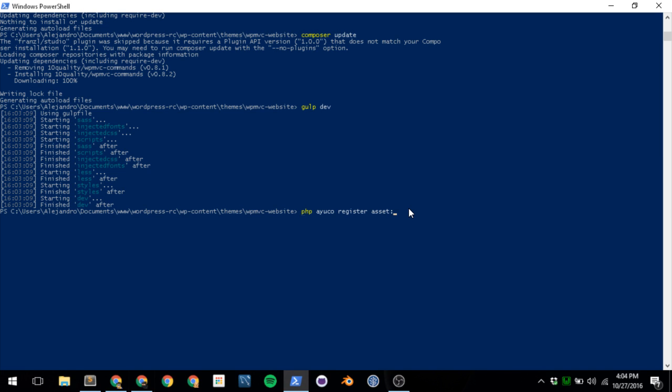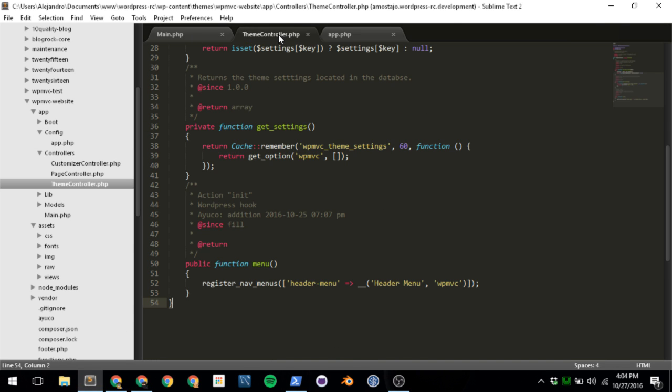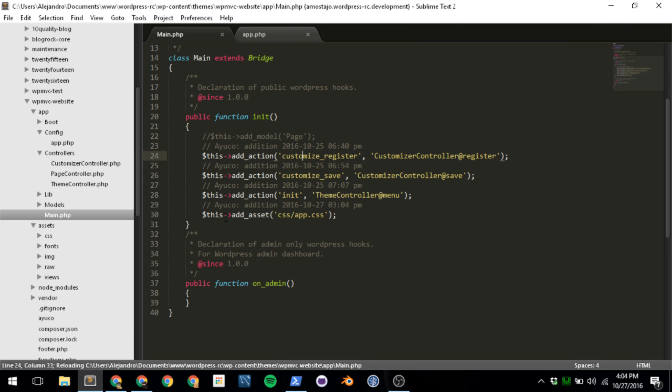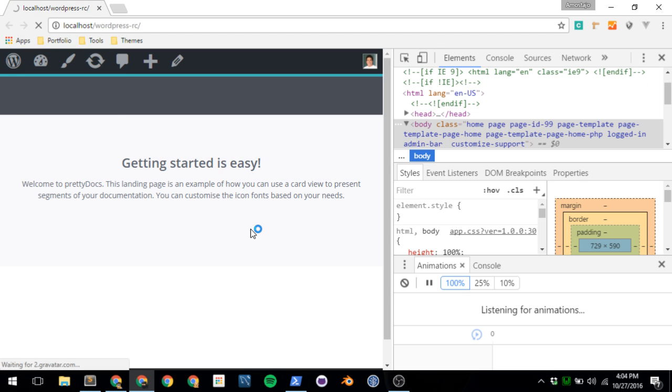And we want to register the asset css/app.css. What will happen is that in our main class, you will see this thing over here, add asset css app.css. And if I reload this, you can see that the file has been loaded, it's being enqueued,